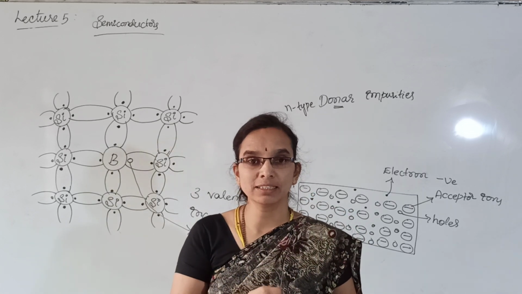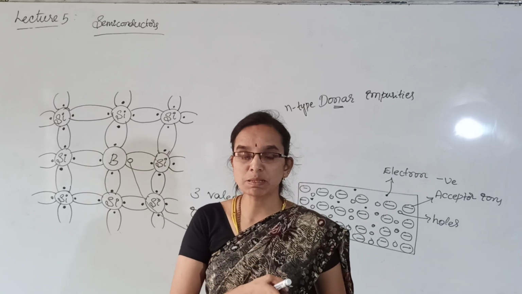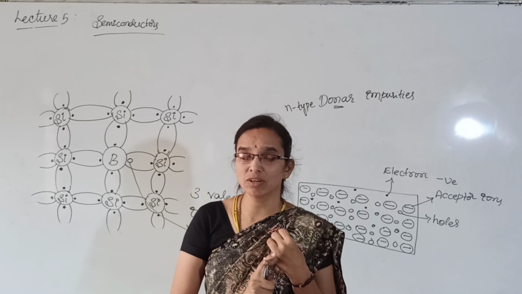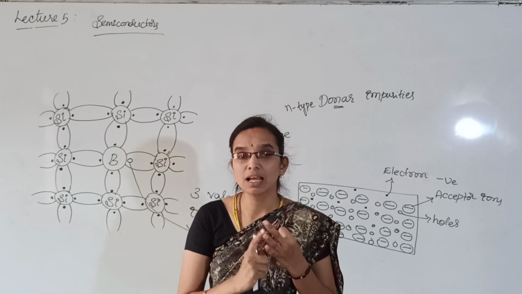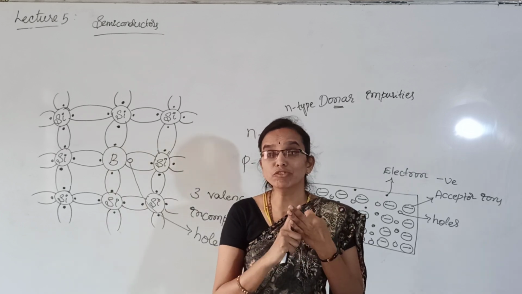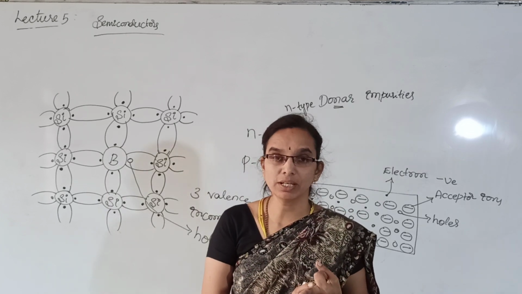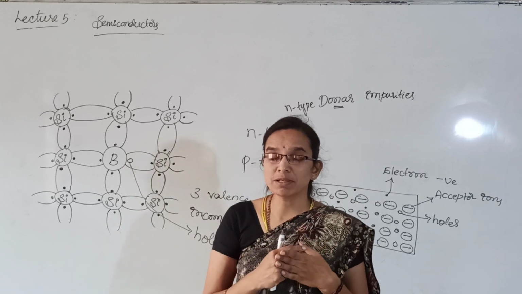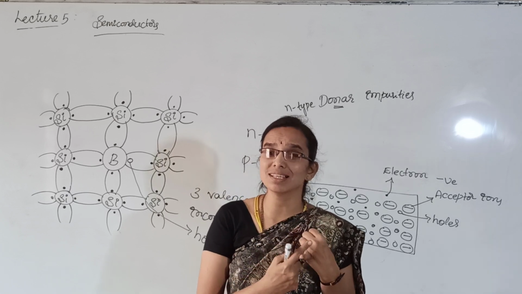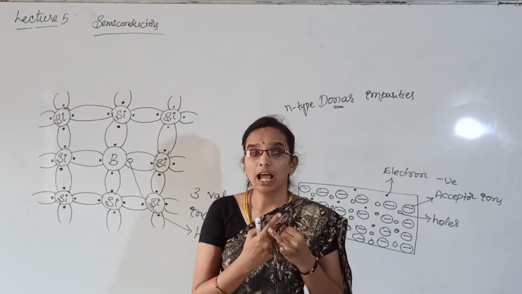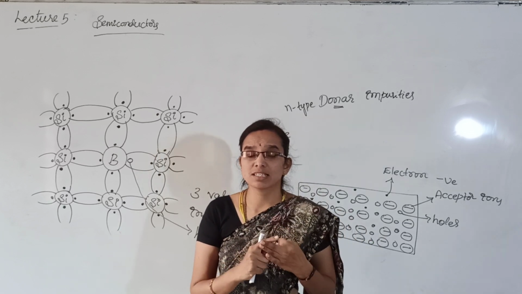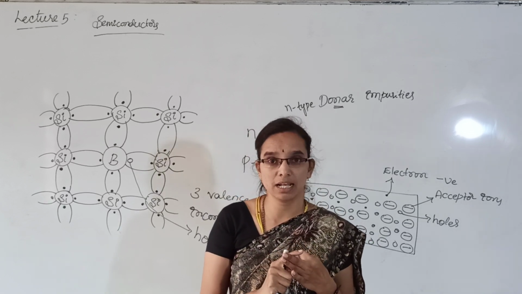In n-type semiconductors, what all will you have? In n-type semiconductors, you will have a large number of electrons and fewer holes, and positive ions, positive donor ions. Okay. Here, p-type semiconductor will have an excess number of holes and very few electrons, which are minority charge carriers, and negative ions, negative acceptor ions.